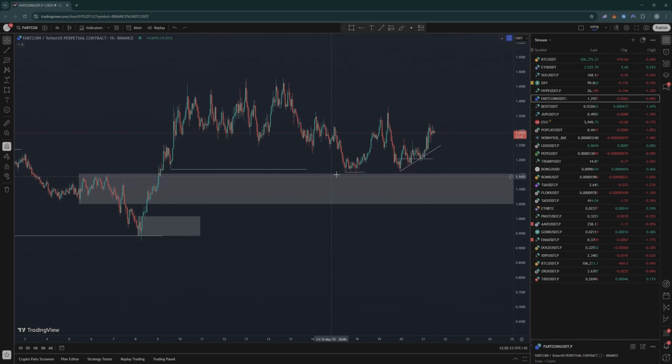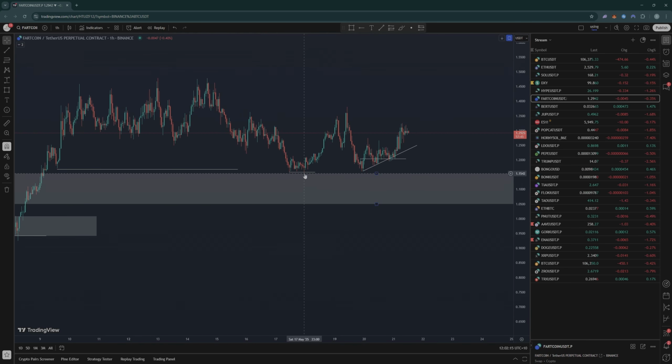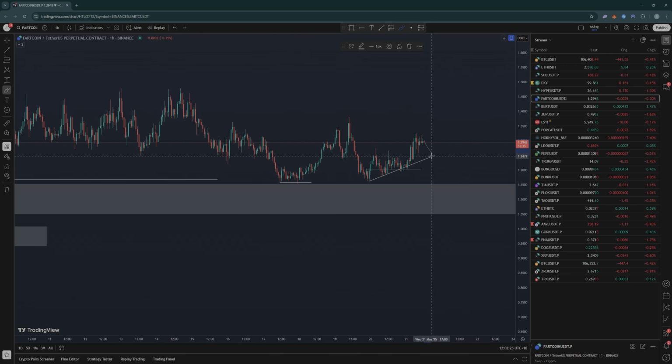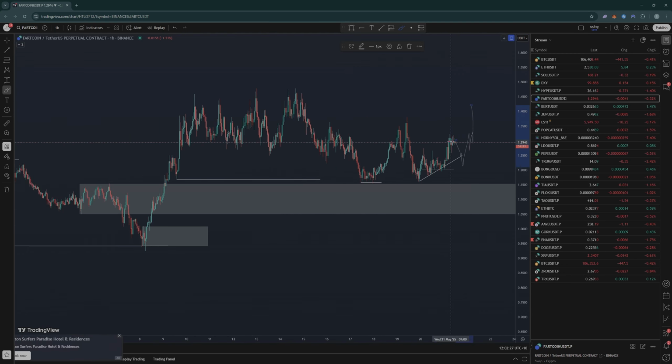You can see we've retested it and we accumulate. So retest, take out all those lows, break up above the high. Retest, accumulate, so take out this lower time frame low, break up above the high. So I think we are bullish, right? I wouldn't be surprised if we get something like this and then a continue up.